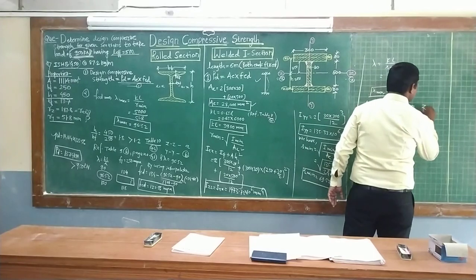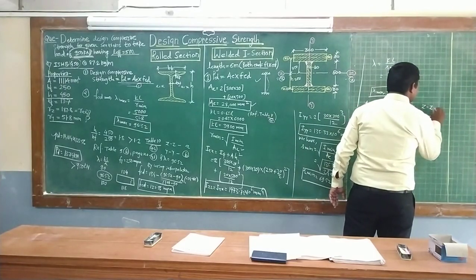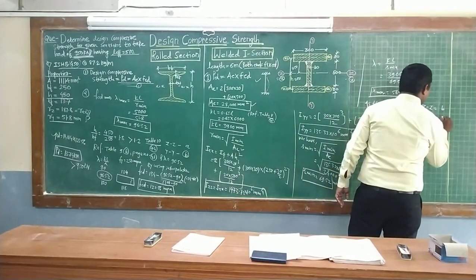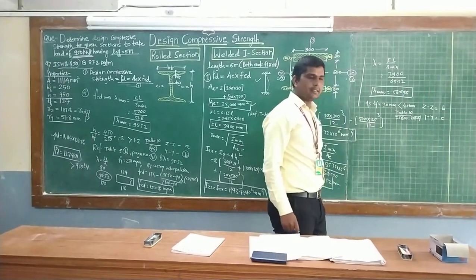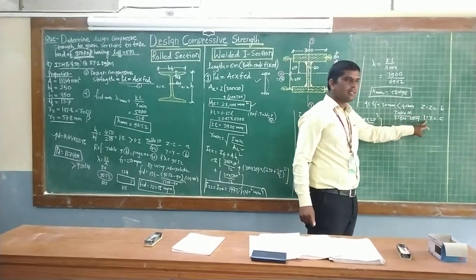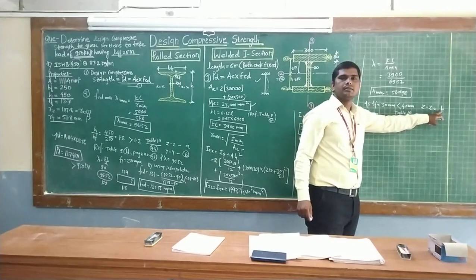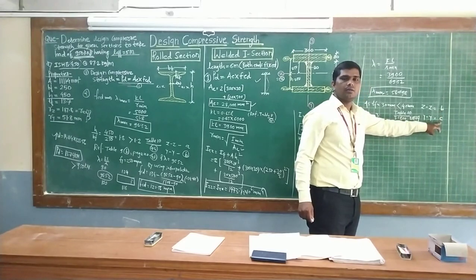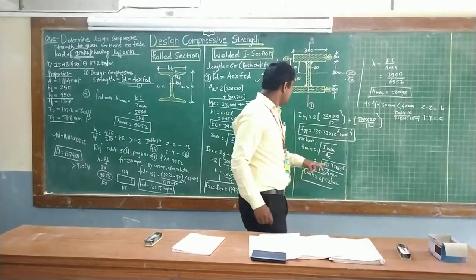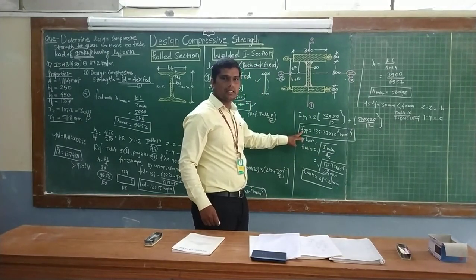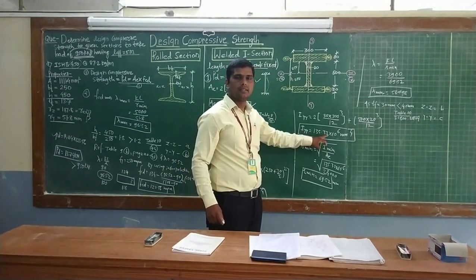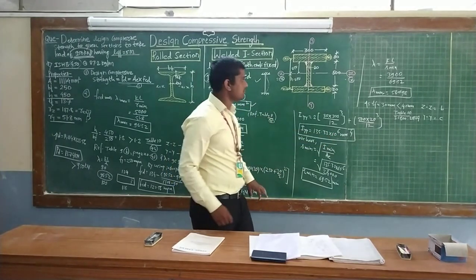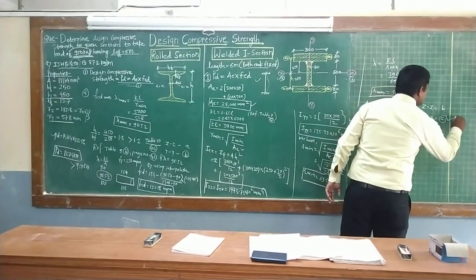about the z axis and about the y axis. For the z axis, the class is B, and for the y axis, the class is C. So out of the z axis and y axis, which buckling class are we going to select, either B or C? It depends on where the minimum moment of inertia is, 135.33 into 10 to the power 6. So R minimum along the y axis will be the minimum. So buckling class C is selected.